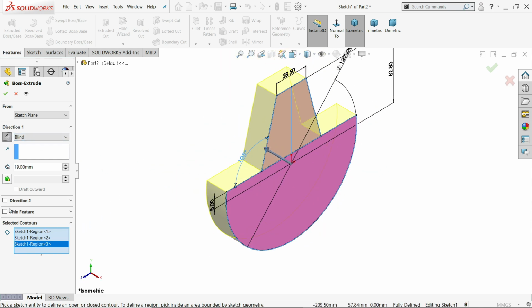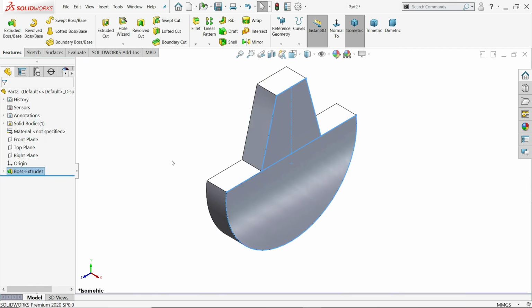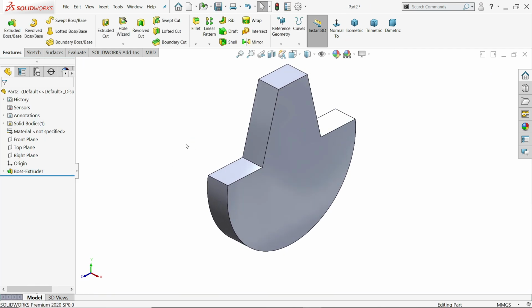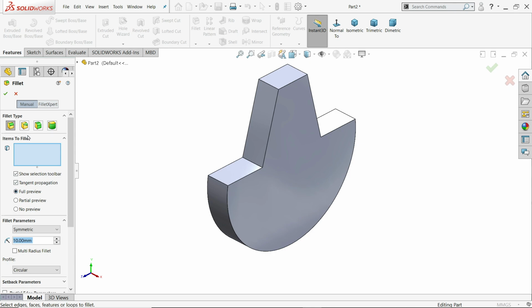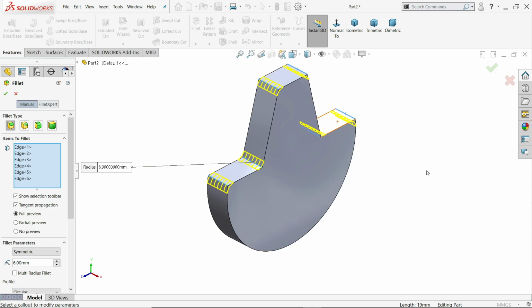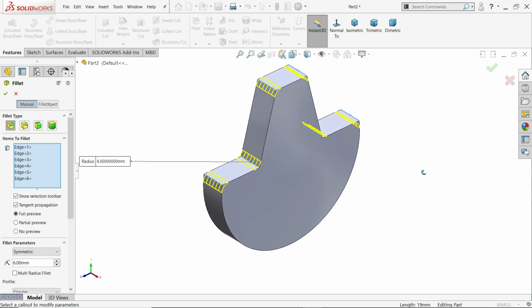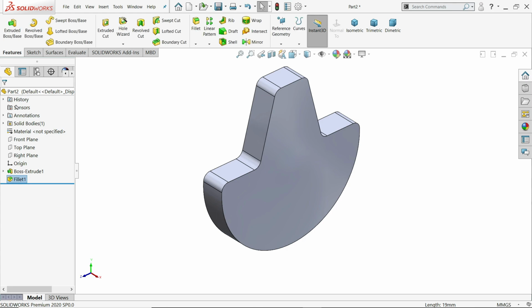See, now let's choose fillet, constant size fillet, and here radius 6 millimeter. Now choose corners. We are going to find here one option, connecting to start, 4 more edges. See, automatically it selected all edges. Say okay.